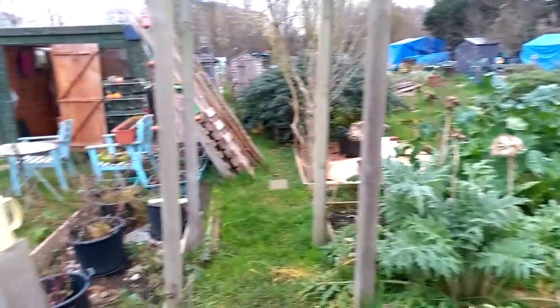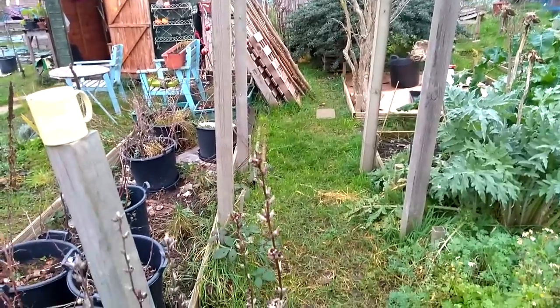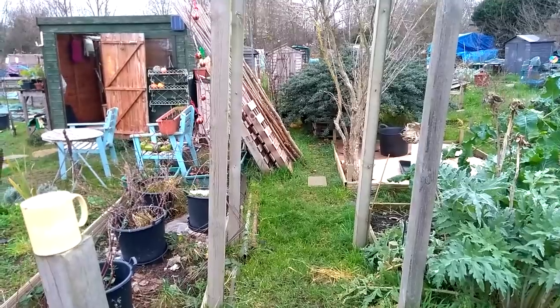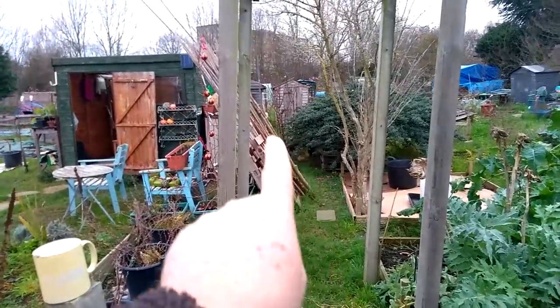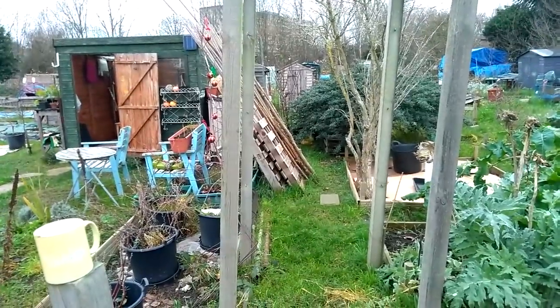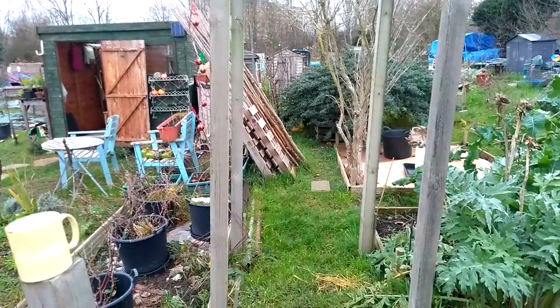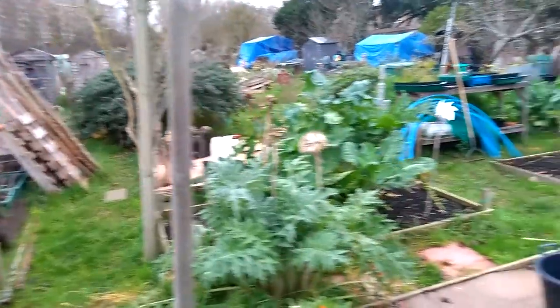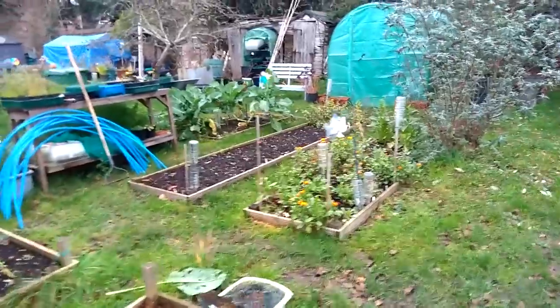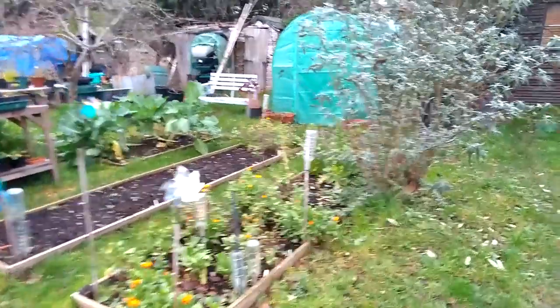If I just go this way, this is a pathway between the two plots. You can see it sort of continues on the next plot there between those two sheds. So there is a rough pathway that goes all the way across. Oh, I left my rake out. Naughty. And then up here,